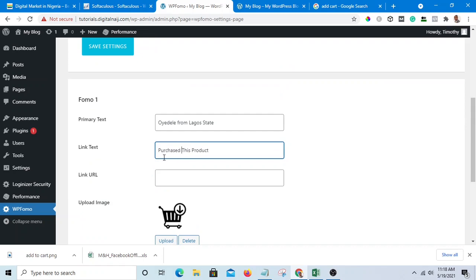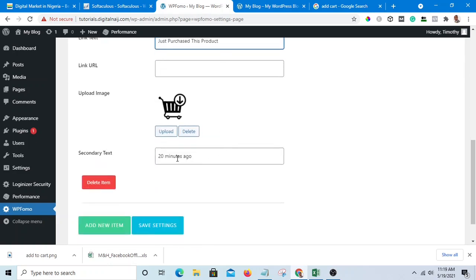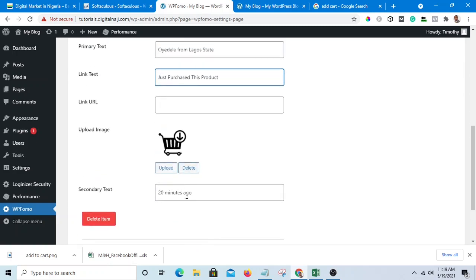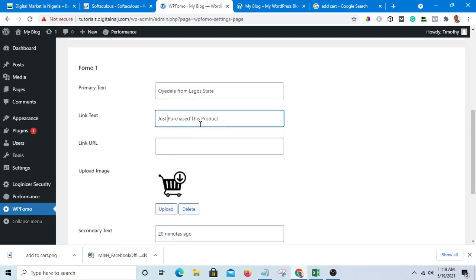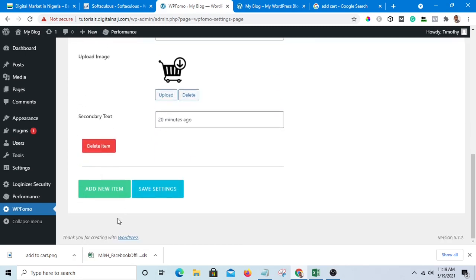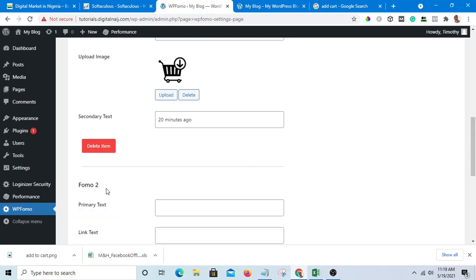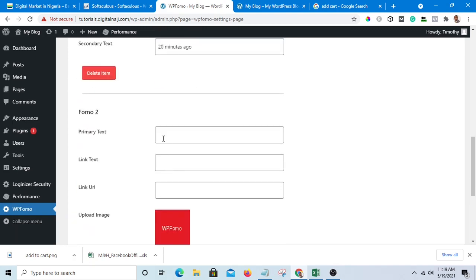Purchased, or let me add just purchased this product, and the time is still there, 20 minutes ago. Okay, then let me add another FOMO and see. So here I can add Amarachi from Enugu. Then in the link text,